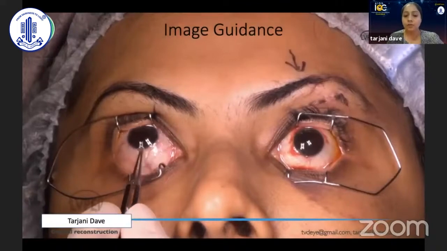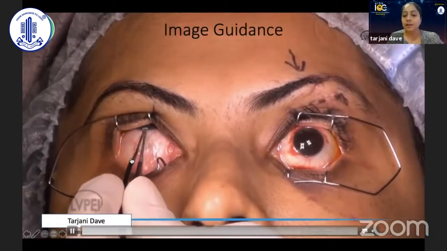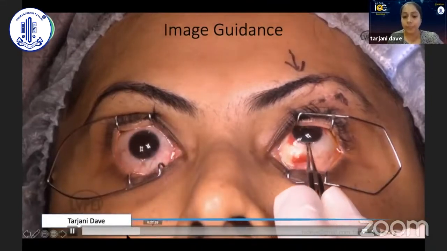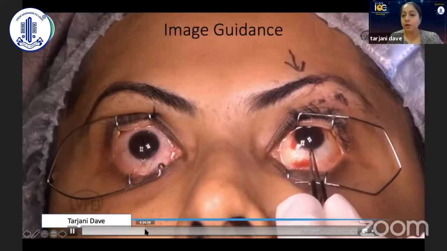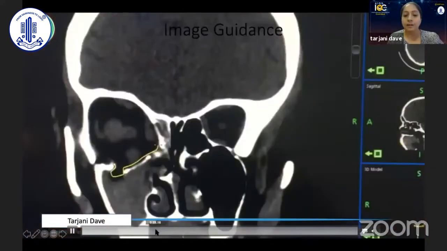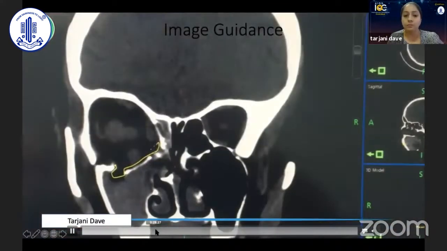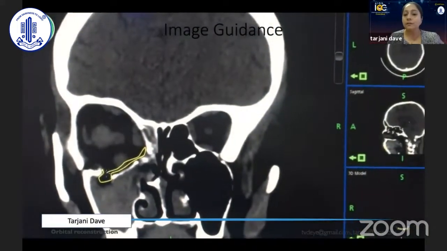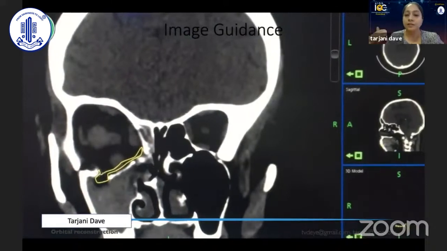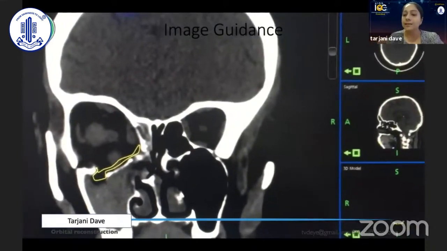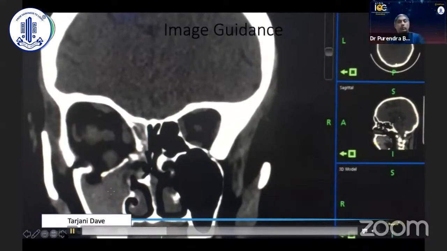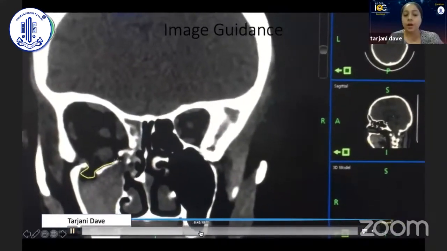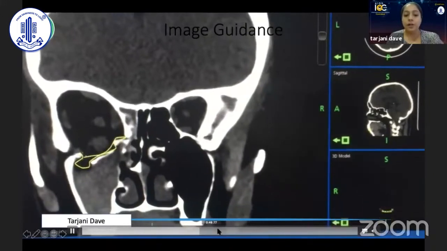And on a forced ductions test, you will see that the left side is slightly restricted when compared to the right. In such patients, we ask for a particular protocol of CT scan image, which is loaded onto the navigation machine. The defect size can be configured by going through successive coronal scans from anterior to posterior to exactly delineate the fractured segment. Once this part has been done, you go ahead with your routine surgery of transconjunctival incision, placement